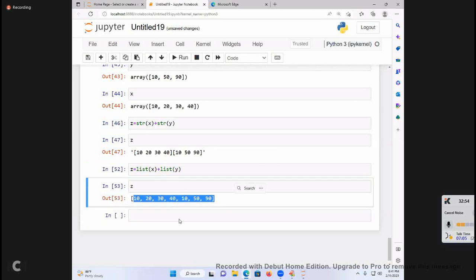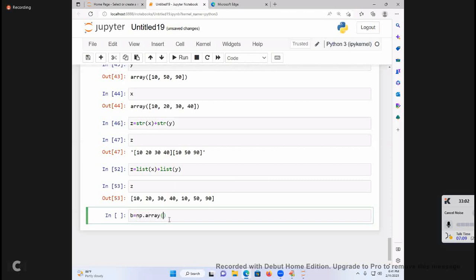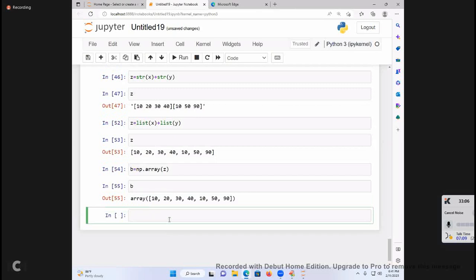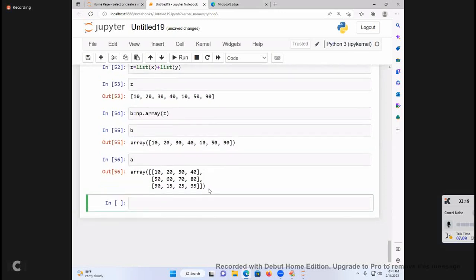Getting the data or not? If you are interested, B is equal to np dot array of z I can say. And print this B. I got this B. Okay. Use your technique and you can convert it. Vamsi, I hope you got it. So coming to the point of it, A is like this. Are you able to understand this?